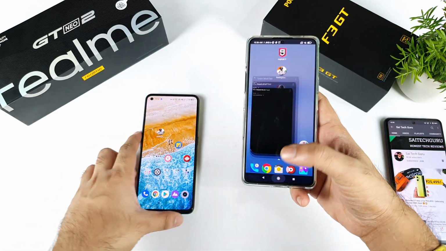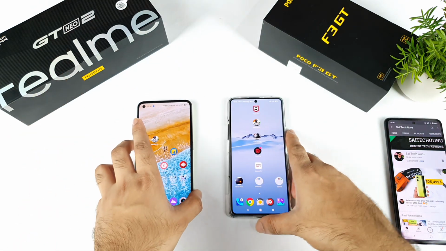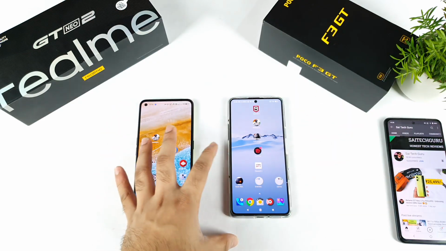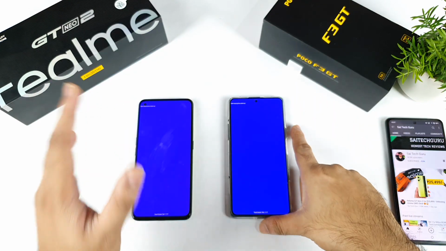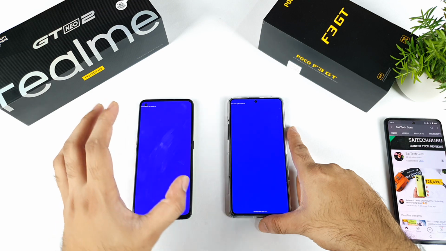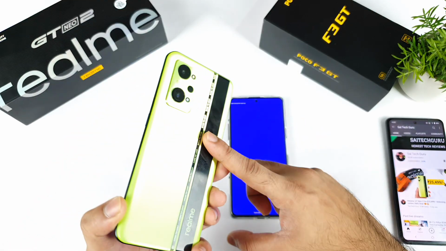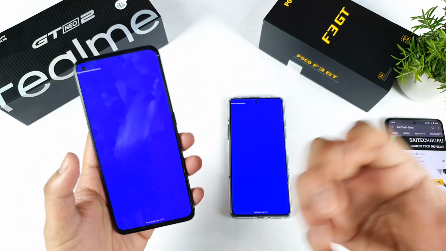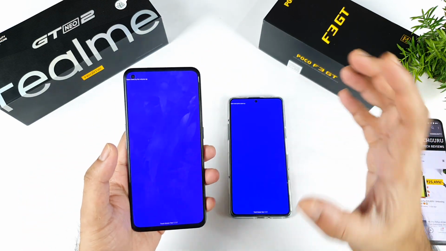So what does this mean? This means you may expect a slightly better and smoother experience while gaming. This will be really helpful for the gamers. So this is what I meant. The software should be really optimized to utilize this kind of hardware level. There's nothing wrong with the hardware. Maybe the phone has got 600 Hz, but it's the software UI which is limiting. That's my main point.